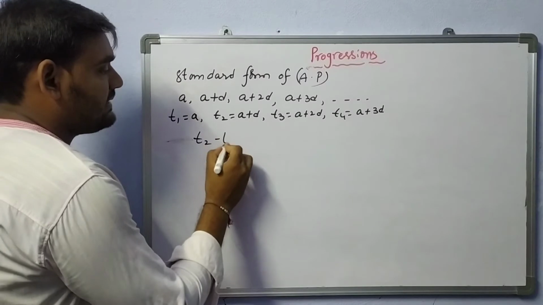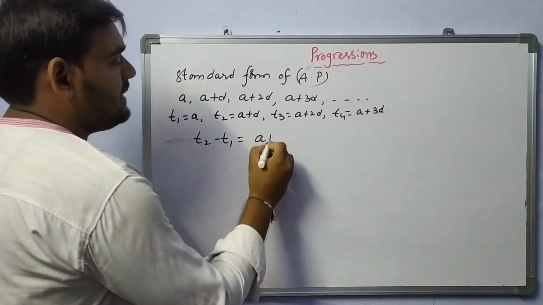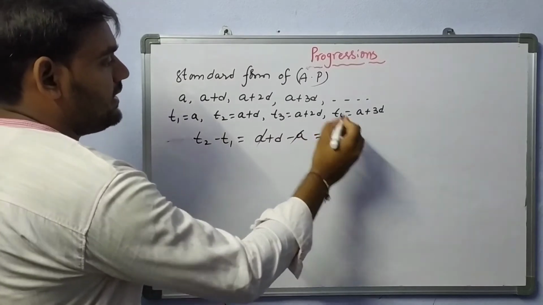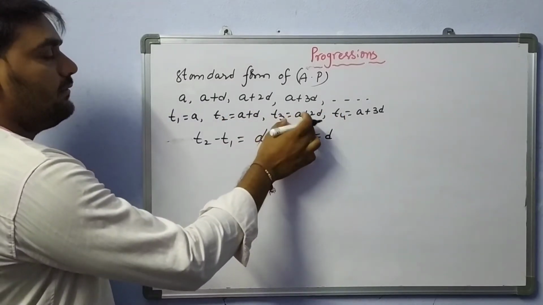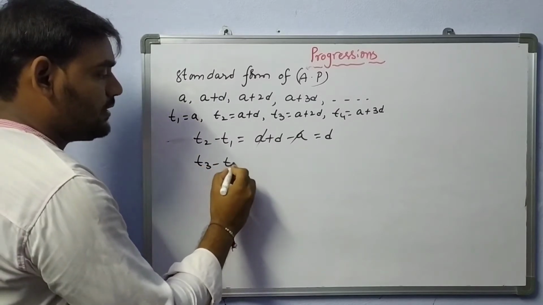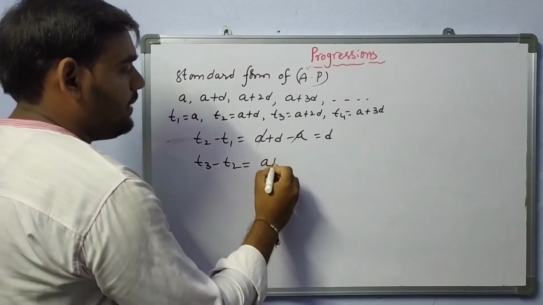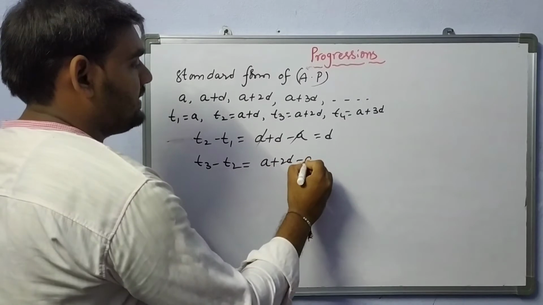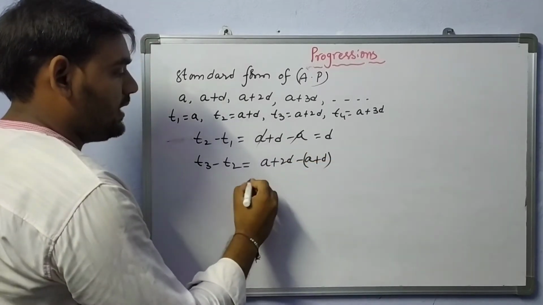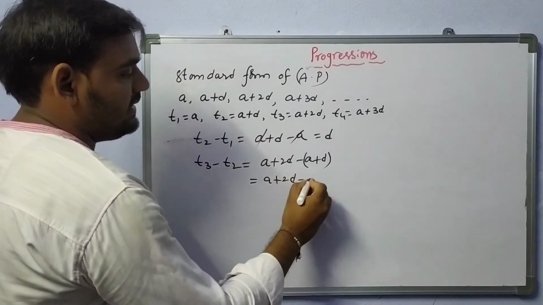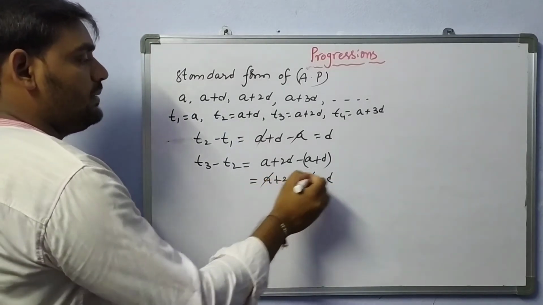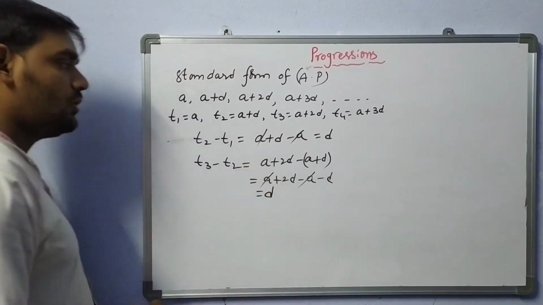T2 minus T1 is equal to A plus D minus A. Minus A plus A gets cancelled. So we got here D. Next take T3. What is the previous term? T2. So T3 minus T2 is equal to A plus 2D minus A plus D. Now here A plus 2D minus A minus D, plus A minus A, 2D minus D. D we are getting. So here